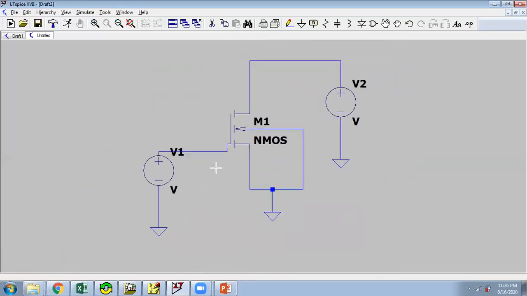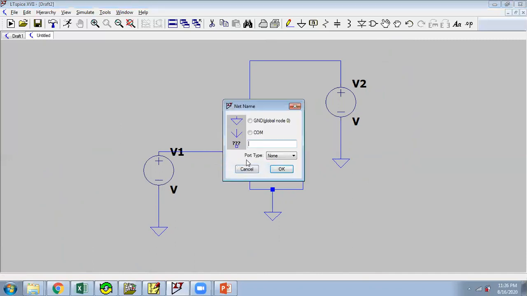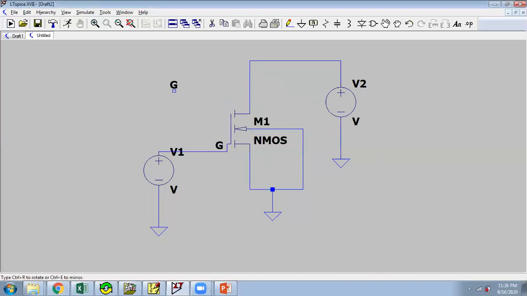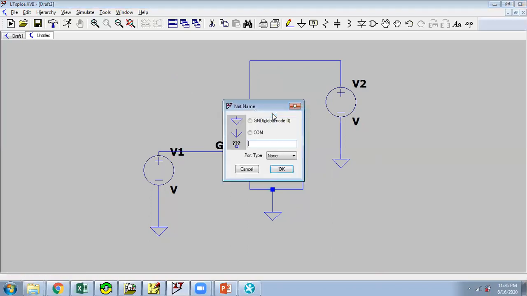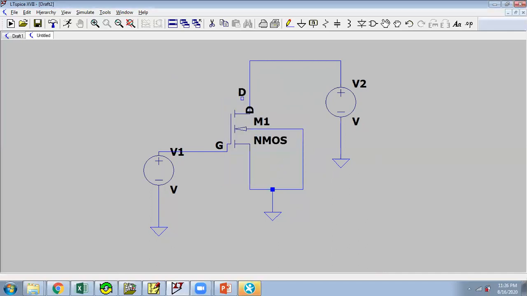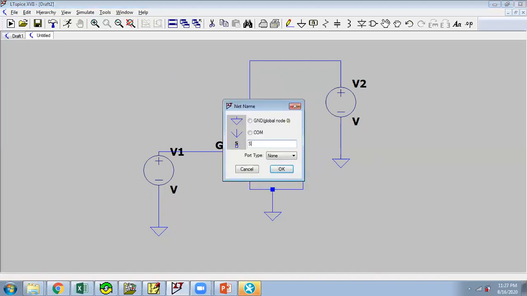Now for simplicity, I'm renaming these voltage sources. If you remember, this is gate, drain, source. So I click on this wire, label net, and type gate. Same here, click on this wire, label net, type drain, which indicates the drain. Click on this wire, label net, type source.